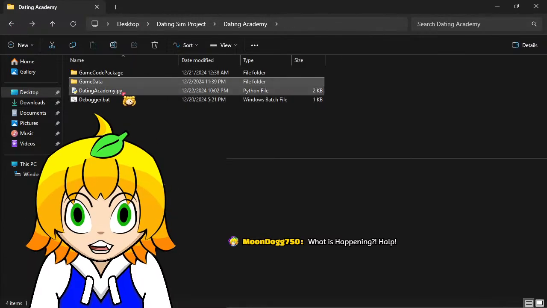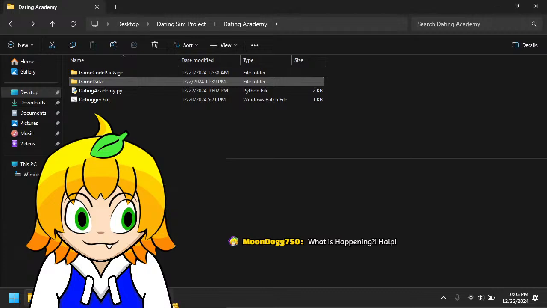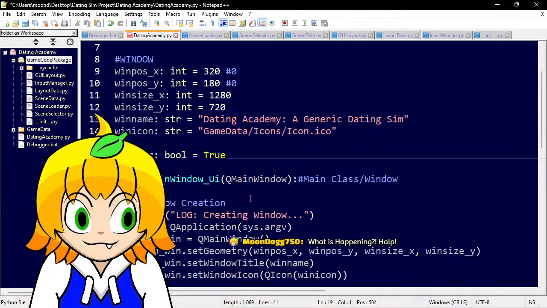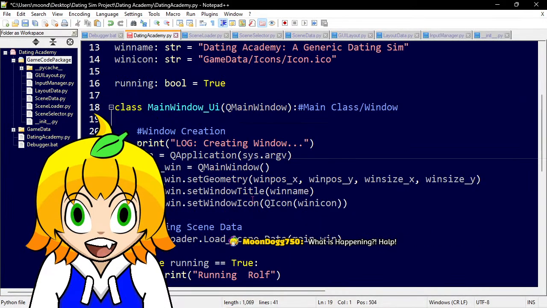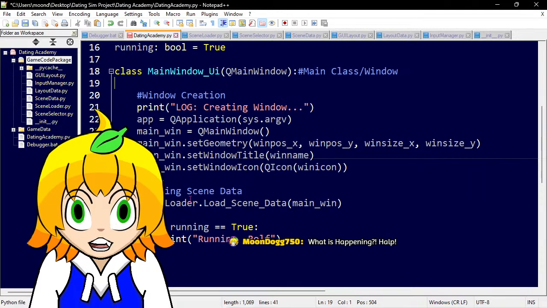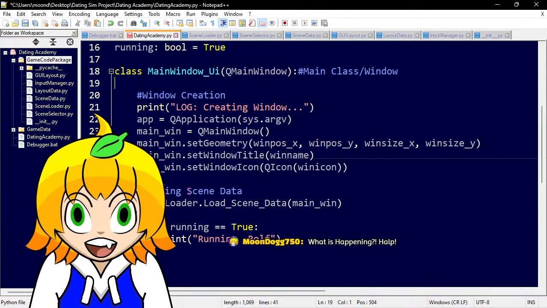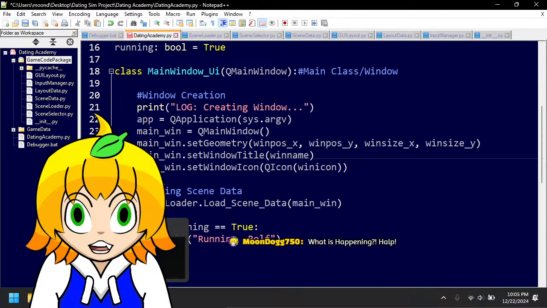It's starting from this point because this is its location, and it's going through this system.